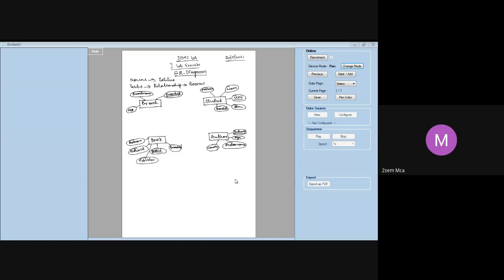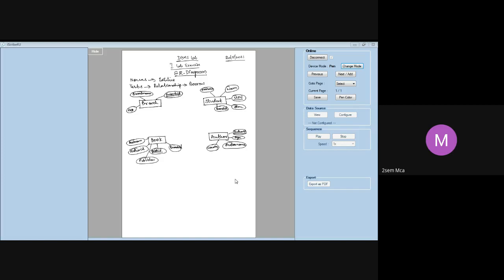Borrow, I said it's a relationship. I'll come to that. Let's hold for a minute. Now, these are our 4 entities that we have identified. We have put down the attributes of those 4 entities. And what is the primary key of each of these entities? We have already named them. It is given with the underline.